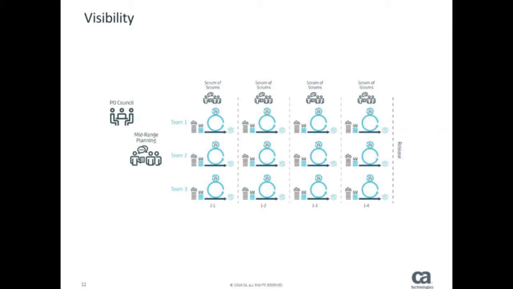And of course, there's the visibility. And this really comes down to building some sort of backlog structure, some sort of higher level structure that allows us to track the work that's going on. And that's one of the things that's really nice about some of these big frameworks, is that's what they're designed to do. That's what frameworks like SAFe are all about, is building that structure, that kind of top-down structure